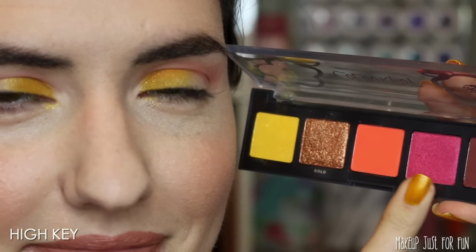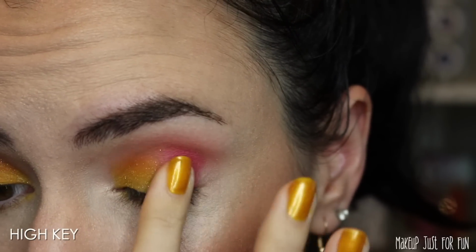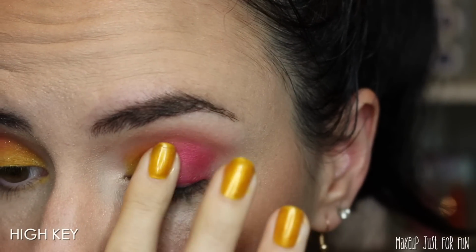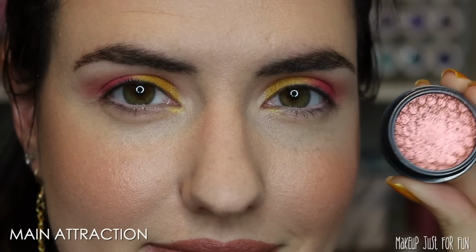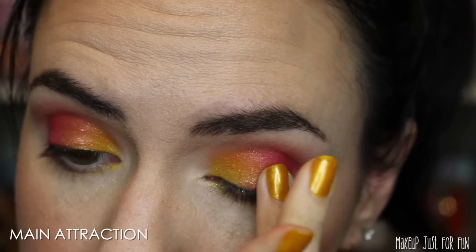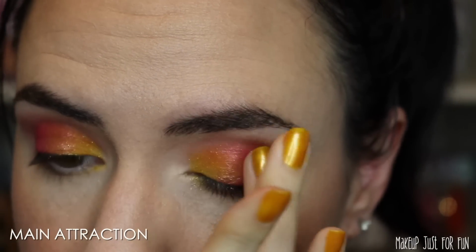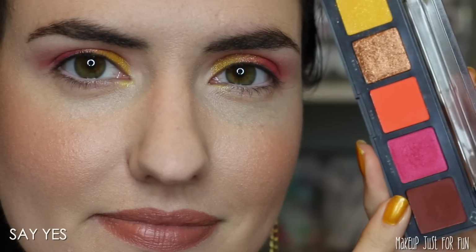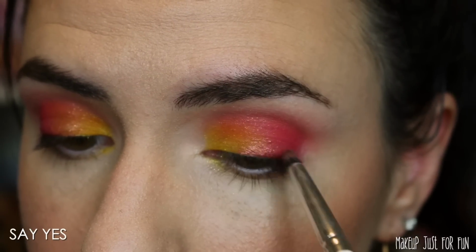I will say, as much as I like how my eye look is going to turn out with this palette, my favorite products in this collection are the Lippie Sticks and the Super Shocks. I'm always happy when we see these sort of OG product formulations coming back, getting new shades, getting new attention. I started my love affair with ColourPop with Super Shocks, and I have long loved Super Shock shadows and the Lippie Sticks. Especially, I love the matte formula, so I just think these are such great staple reliable products,